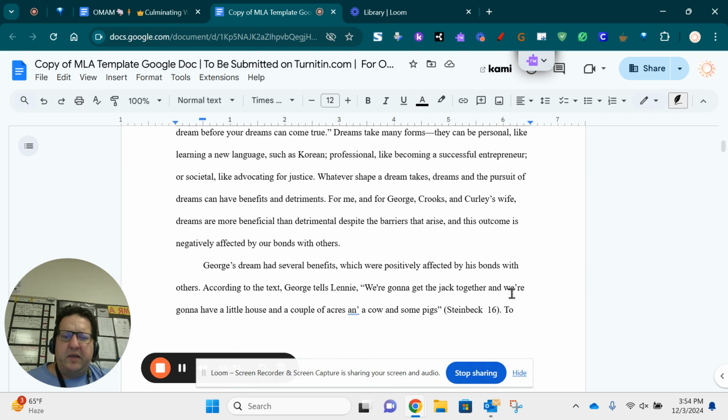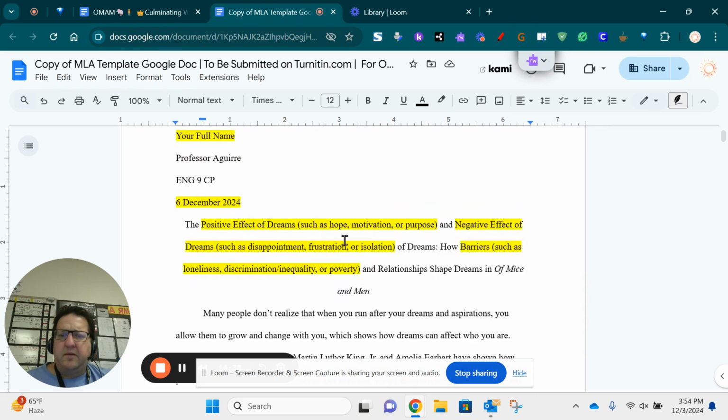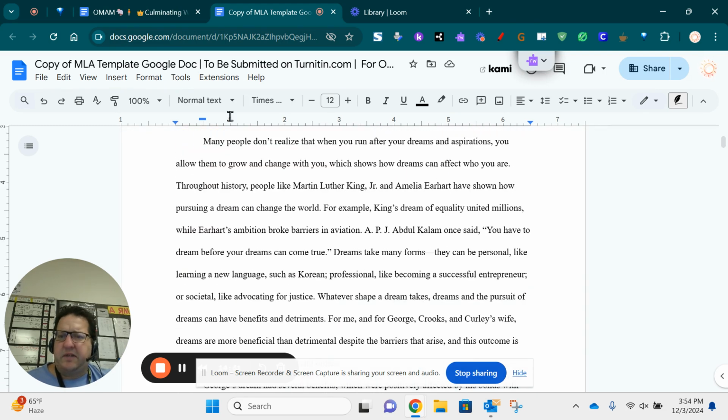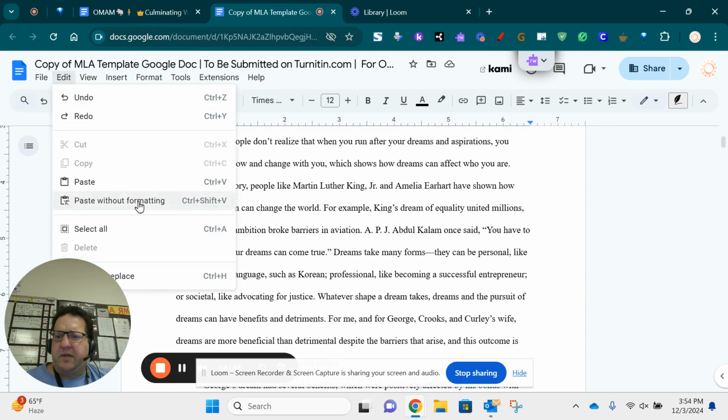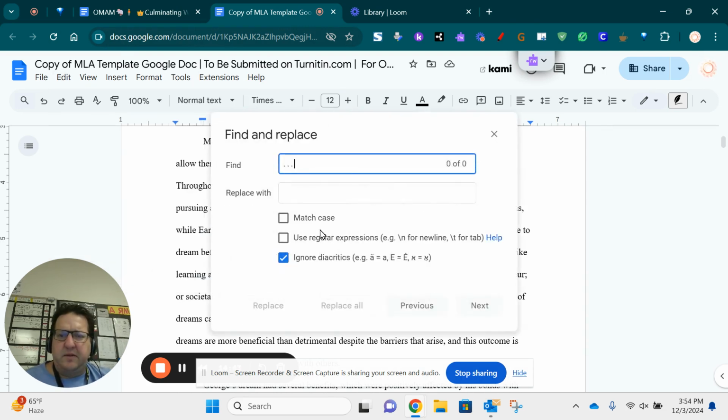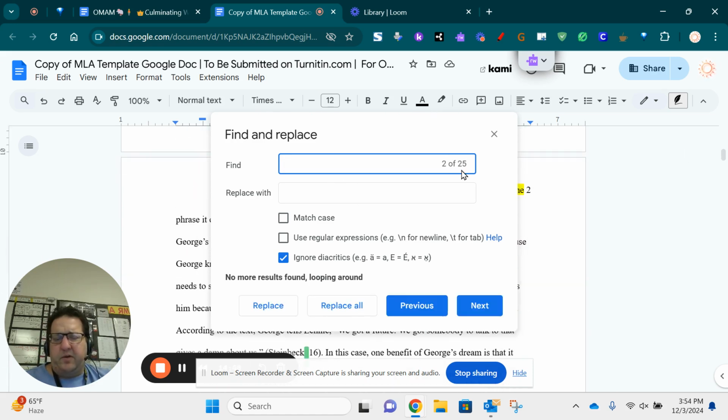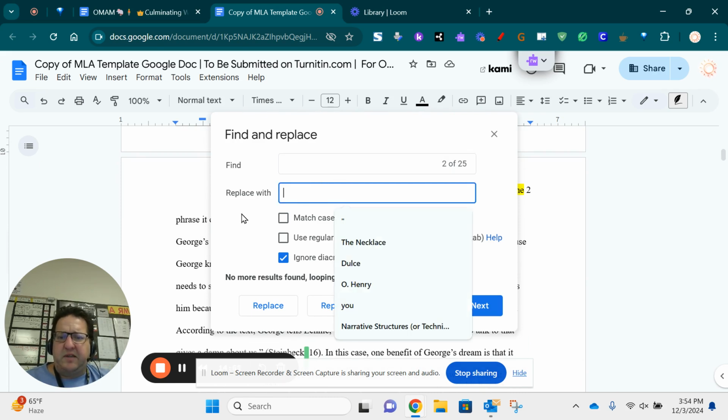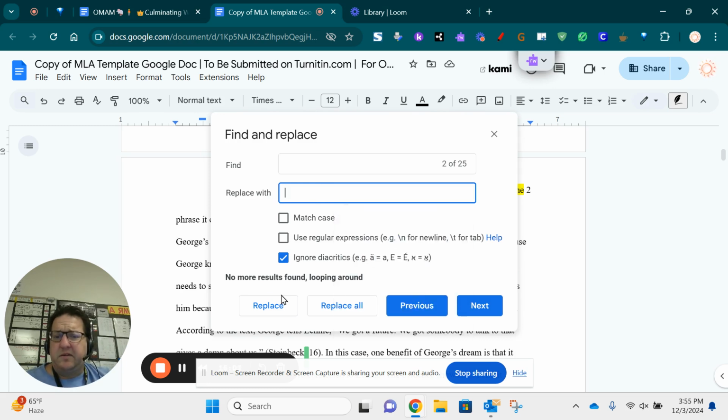Okay, one more thing. There'll probably be, look, a little space like that. I got 2 spaces there. Okay, there's also an easy way to fix that. I'm going to go ahead and do the same thing. Edit, find and replace, delete. Okay, and I'm going to do, so 1, 2. Oh, there are 25 places where I have double spaces where I shouldn't. And then replace that with, am I back there? Okay. And I'm going to replace it with one space.